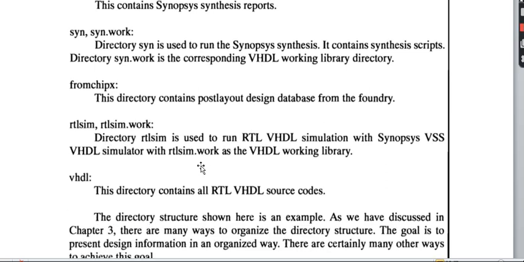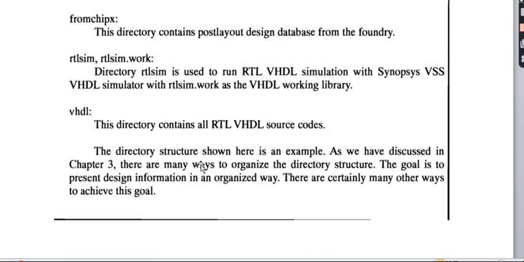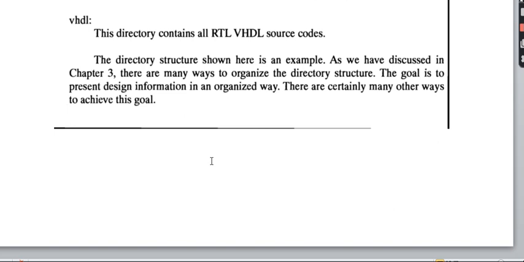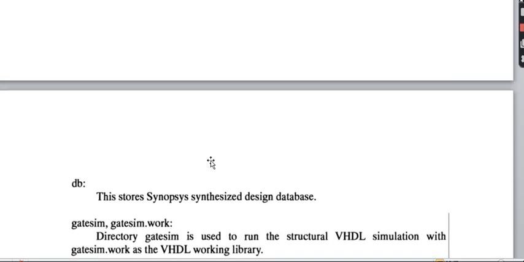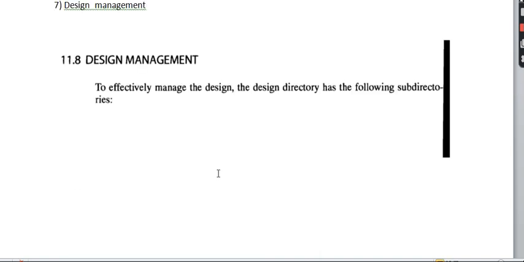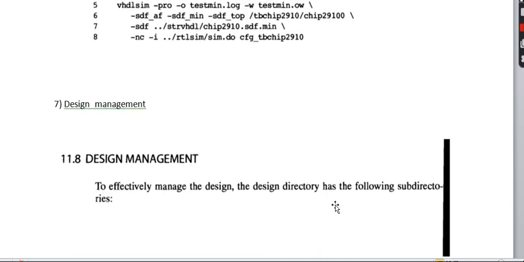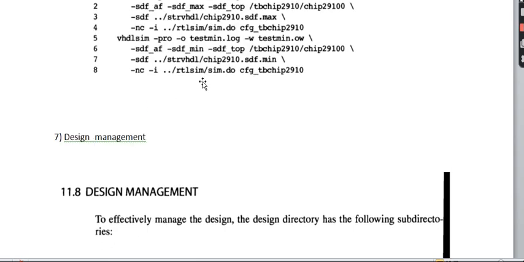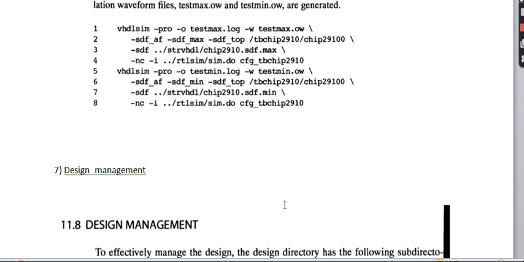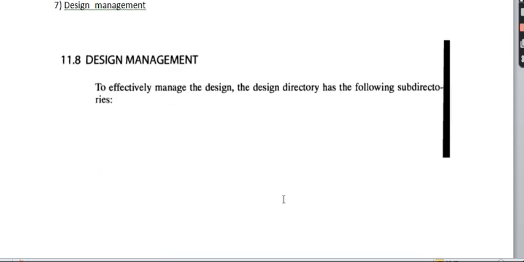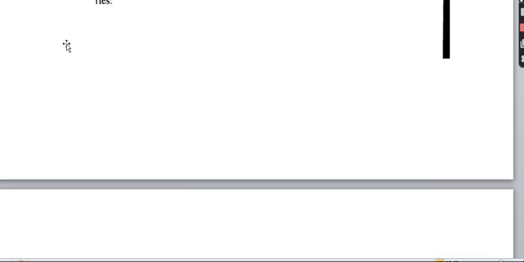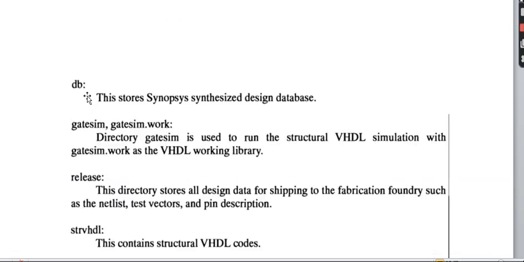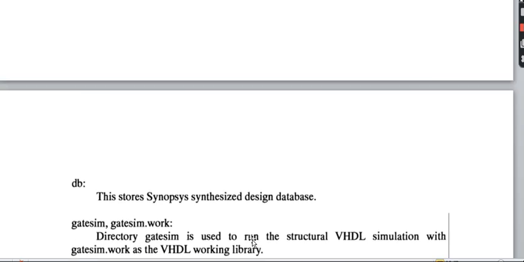All these are used for managing your files, design management. So these are the various steps. Unit 5, this FPGA, is one example for this. You can write for any code, but here you are trying to code for this. You have to explain some 2-3 lines about each topic, that is design management. In design management, you are trying this folder, it contains this, and you have to explain.